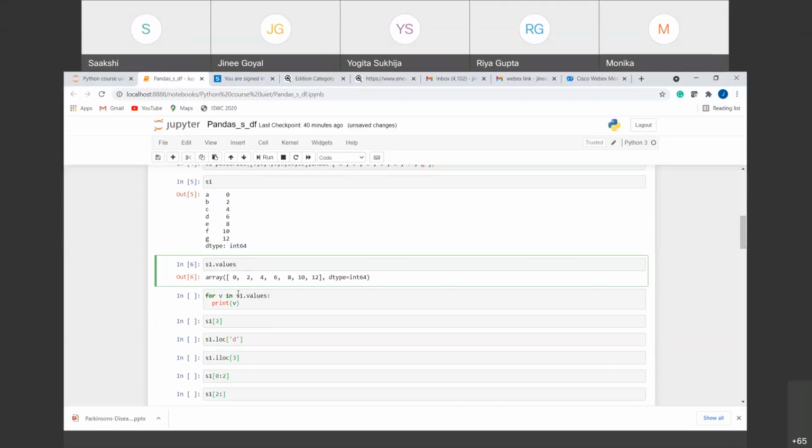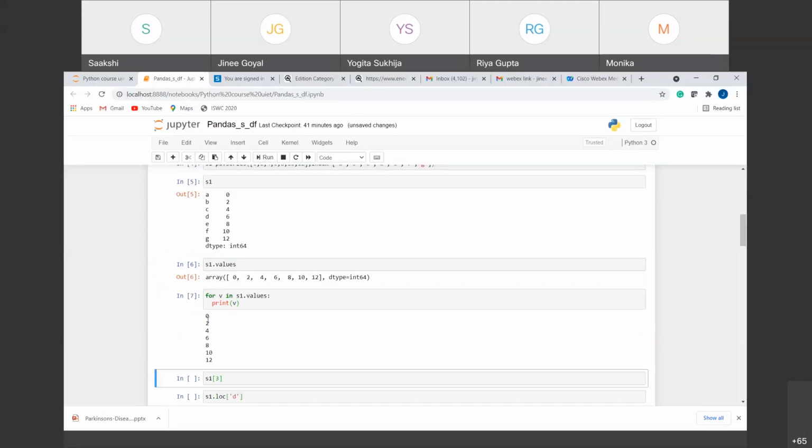How can we get the values out of a series? Using the series dot values function. So I am calling s1.values. For every v that is iterating through the series, we are going to print it. If I run this, you can see that it has been iterating through every value present inside the series. So this is how you can traverse your series.